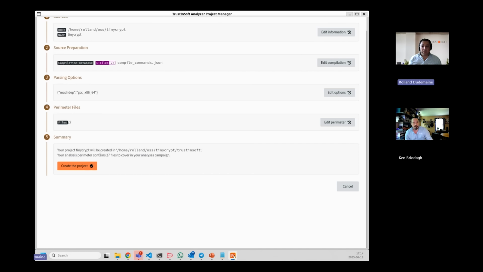That's perfectly correct. So the way Trust-In-Soft Analyzer works is it will not actually build or run the software on the target. Instead, it will take the code, make a model of the code, and start with the initial values that are supposed to be in the code, and then simulate each state of the application that is reachable. You could understand that like a simulator, but it's a super mathematical simulator because it will go through all the reachable branches and also consider all the multiple values of the application.